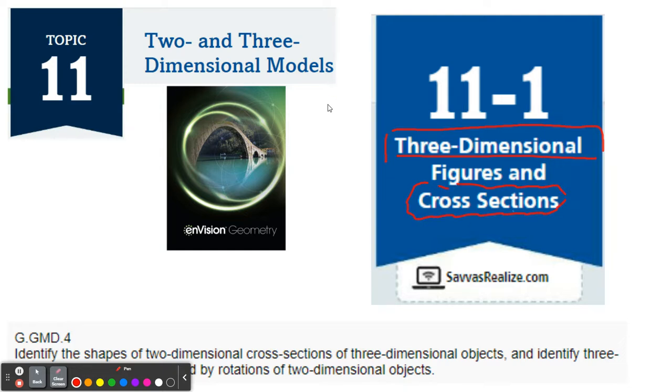Now, when you think of a cross section, think of it as a 2-dimensional slice of whatever you're working with, right? So think about a cucumber. If you cut a cucumber up in slices, or a carrot, if you cut it in slices, that's what we're talking about, right? Now, before we get into the 3D figures, let's just go over two basic 3D figures you're going